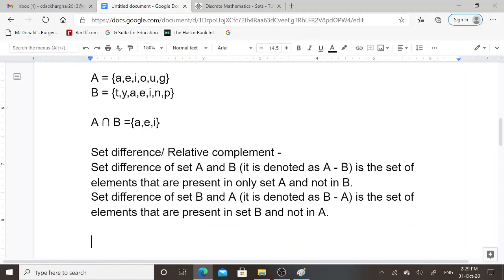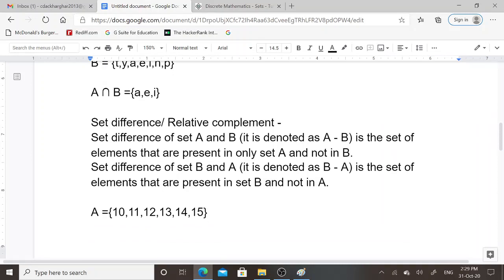Consider the example. Set A contains elements that are 10, 11, 12, 13, 14 and 15. Set B equal to 15, 16, 17 and 18.